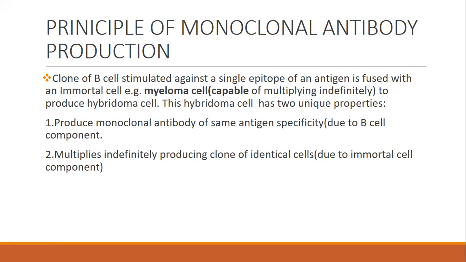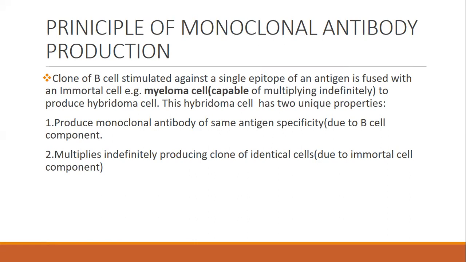So the first step is that we will stimulate the B cell. B cell is responsible for making antibody. We'll stimulate the B cell against the specific antigen we want to produce antibodies for. And when the B cell is stimulated with a specific kind of antigen, that stimulated B cell is then fused with